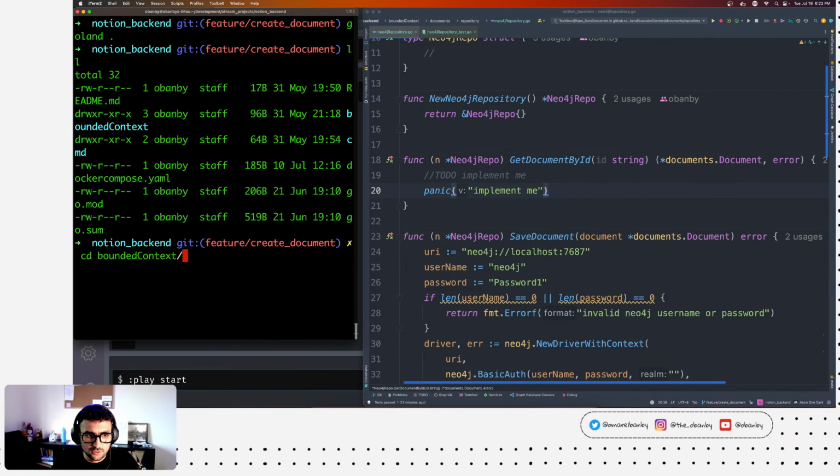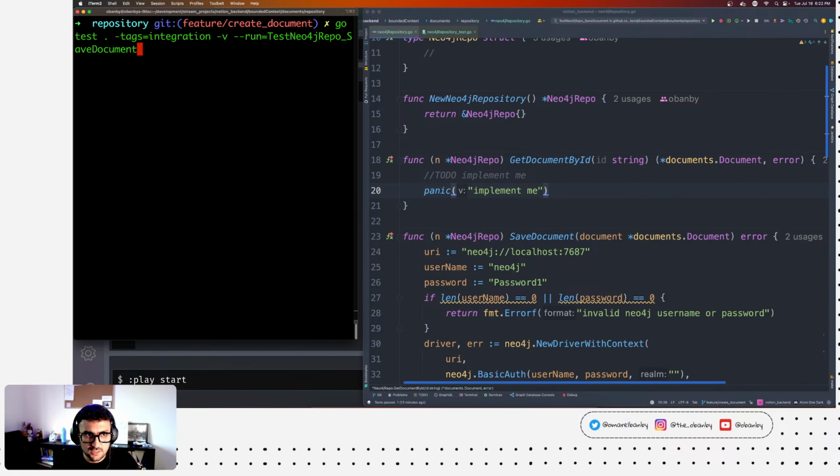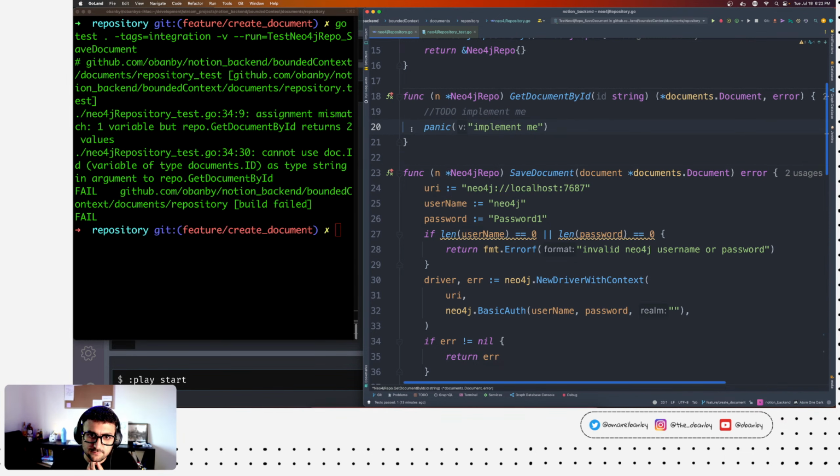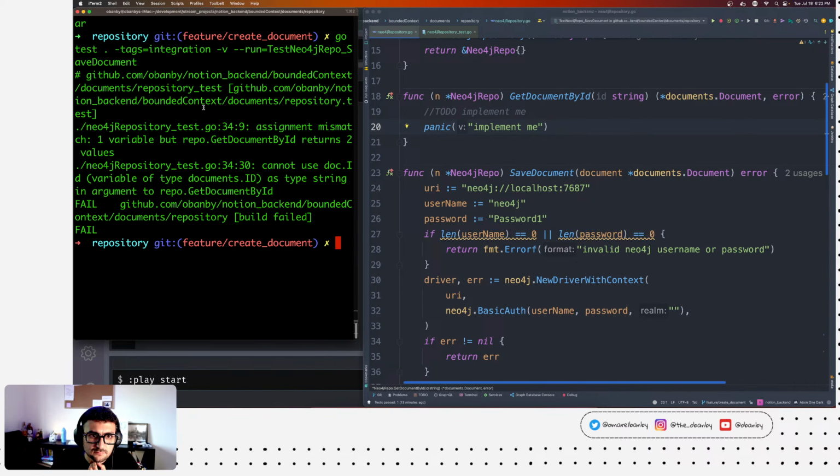So we're gonna go to the bounded context, documents, repository. Awesome. Go test with the tags integration, and we're running the save document test. So now we should see a panic that says implement me. All right, let's see.